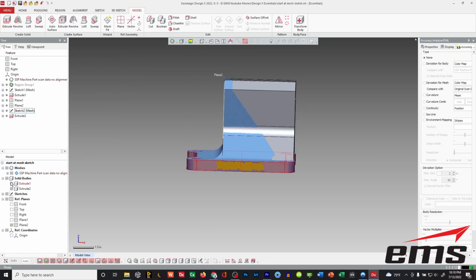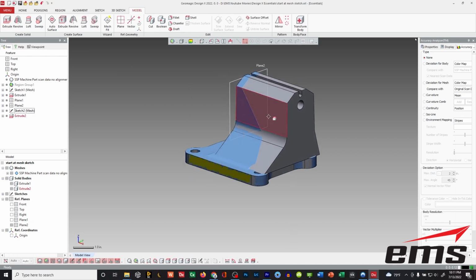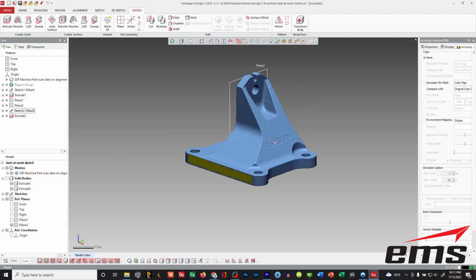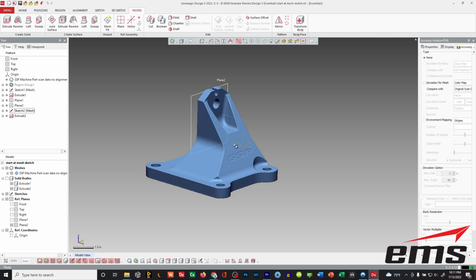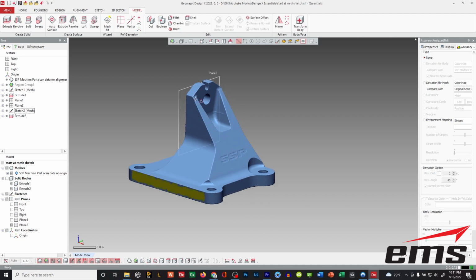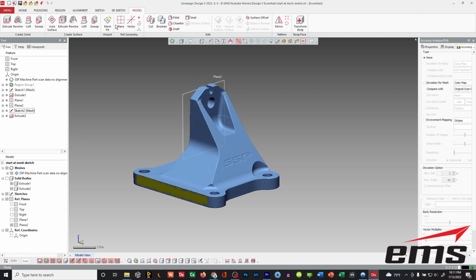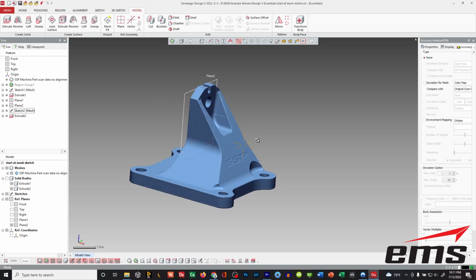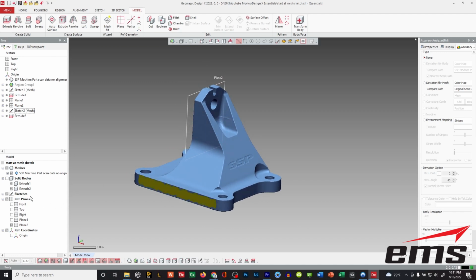So when I hit OK and I look in my tree over here, I've got two bodies, okay? So we've got the bottom and then this one. So now we're going to have to figure out how we're going to trim this off, okay? And if it was just a single face, it's easy to do. Like I said, you can use a plane or even a region group, okay? But it's not. It's a combination of these two. So we're going to have to figure out a way to do that, okay? And what we're going to want to do now, again, I can make a plane and then a plane, but to me, the easiest way to do this